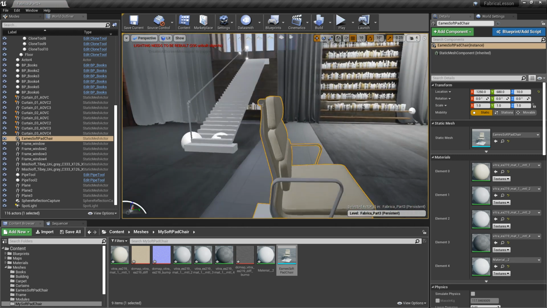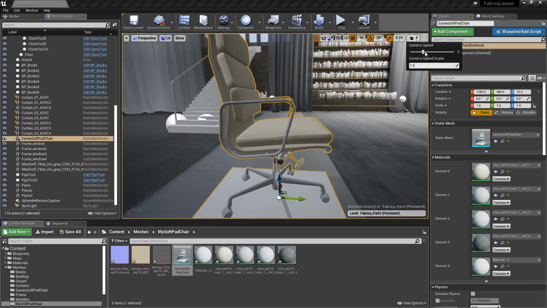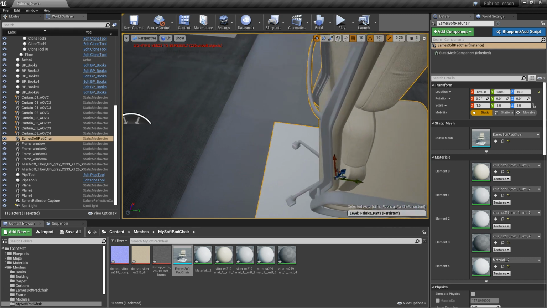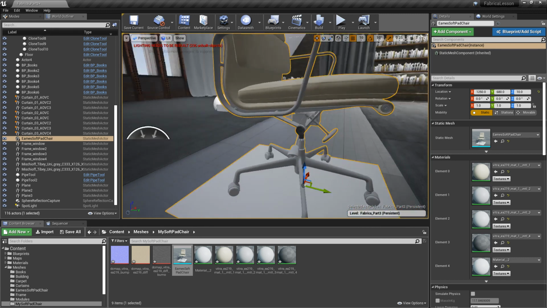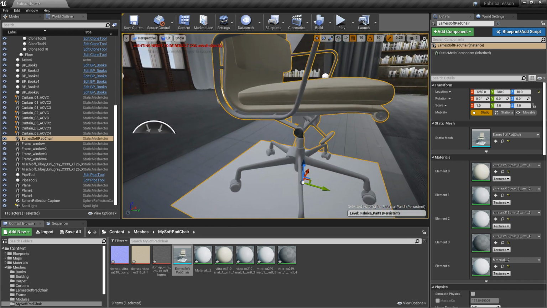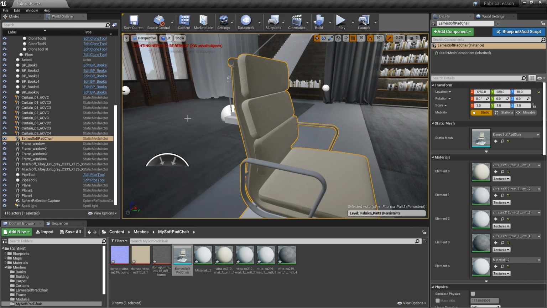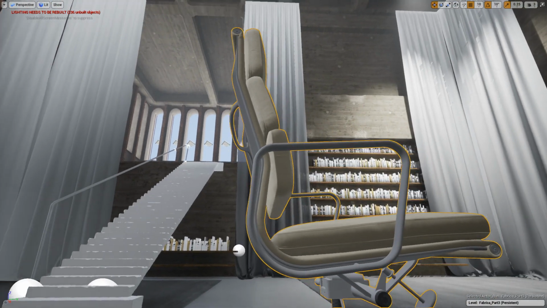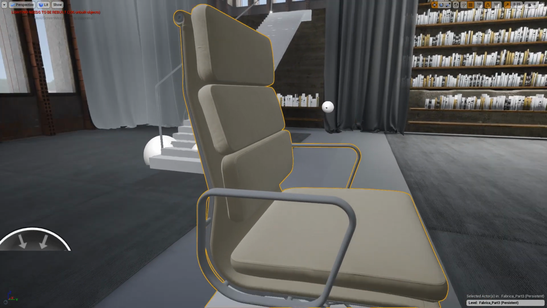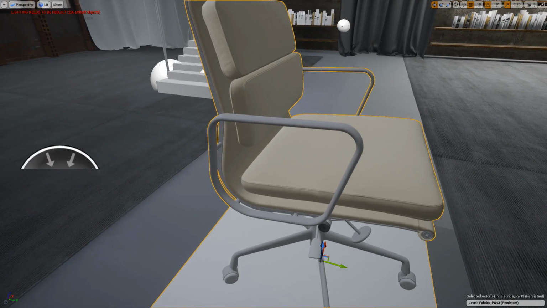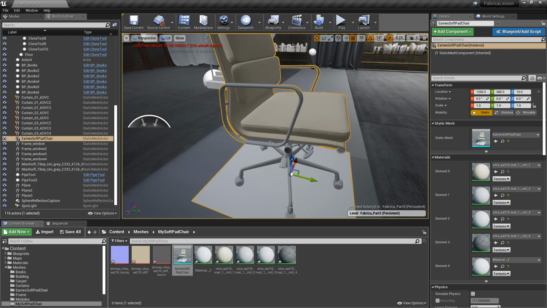I press the F key and slow down my viewport a little bit. You can see that, although it's very high quality, it really gives us the usual kind of look of the chair being unshaded, and these cushions look like they're floating. And here indeed the chair looks like it's floating too. So we want to